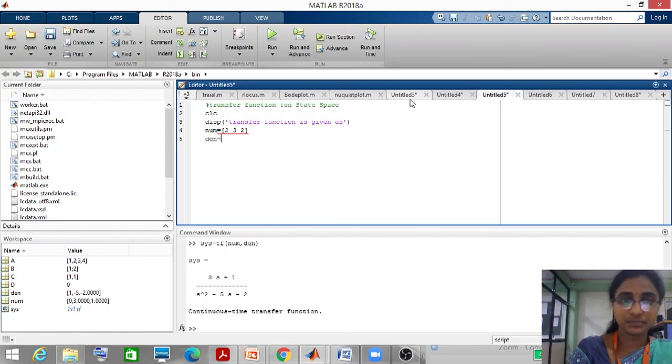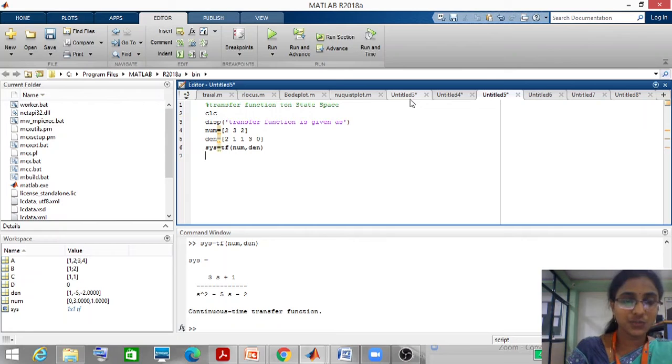Denominator: 2 space 1 space 1 space 3 space 0. Whatever input we give, the numerator and denominator depend upon you. Next, system equals tf of numerator comma denominator.